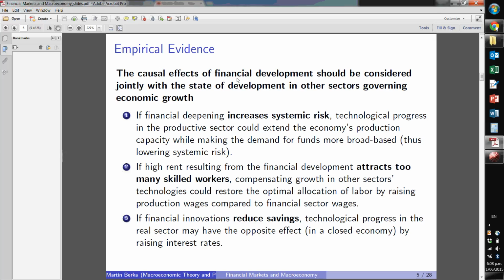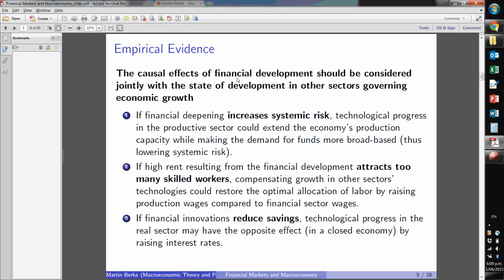Is this good or bad? Well, if financial deepening increases systemic risk, then technological progress in the productive sector could extend the economy's production capacity and at the same time make the demand for funds much more broad-based. So if the financial deepening causes an increase in systemic risk of the economy, so more increased likelihood of financial crises,